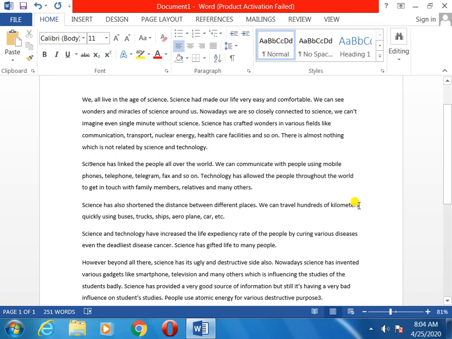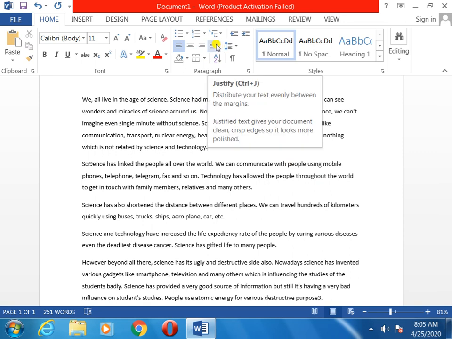How will we do it? This is called justify. Remember, the option is justify. In the paragraph group, you can see these lines. This is left alignment, center, right, and this is justify. Whenever you write any paragraph, remember that after completing it you always select justify.